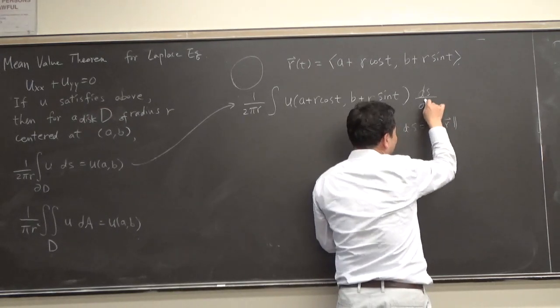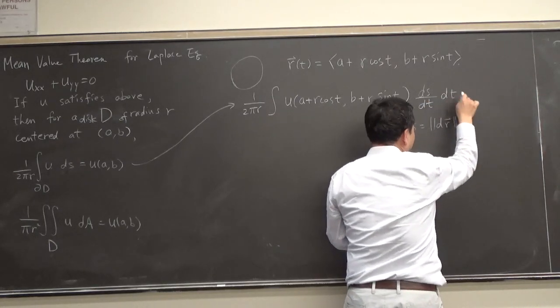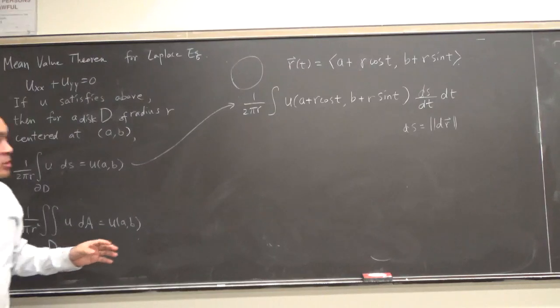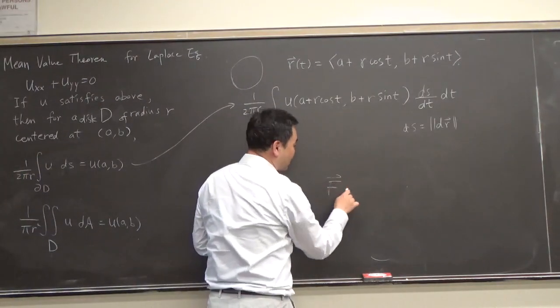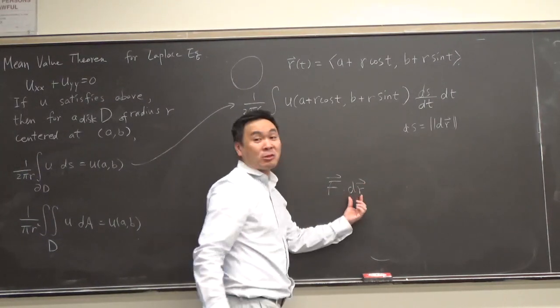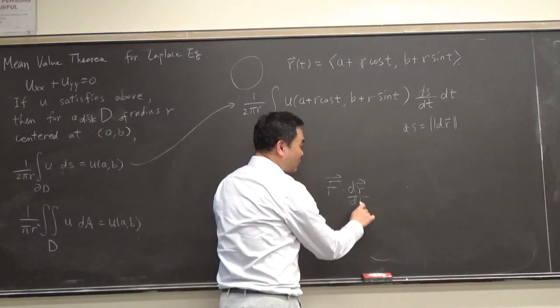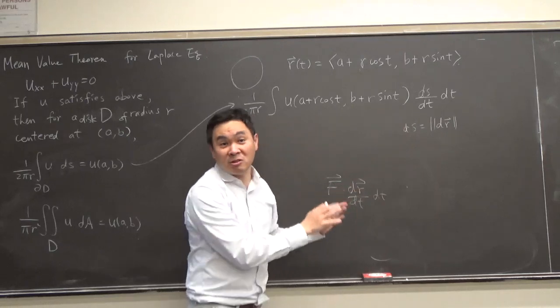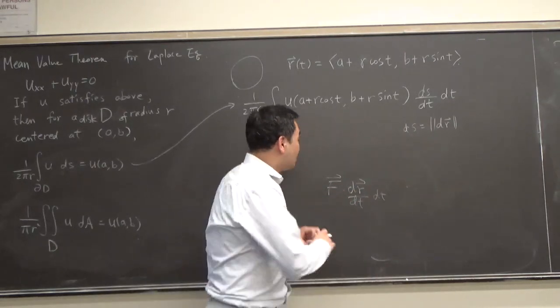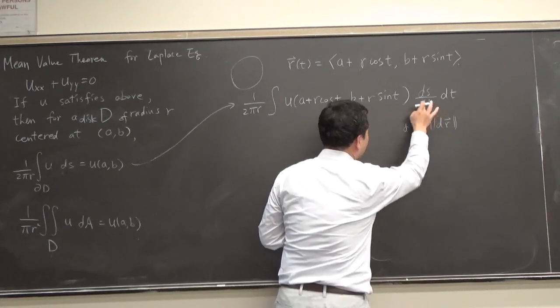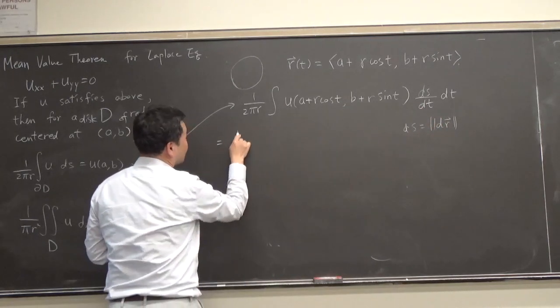You divide by dt and multiply by dt. That's how we always integrate, right? Even for the case when we do f dot dr, do we know how to integrate by dr? No, we don't. So what do we do? We divide by dt and multiply by dt. That's how we always integrate. But then, because ds is the absolute value of dr, this thing really is,